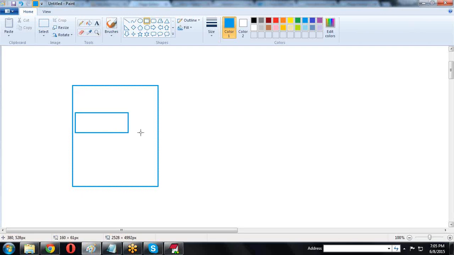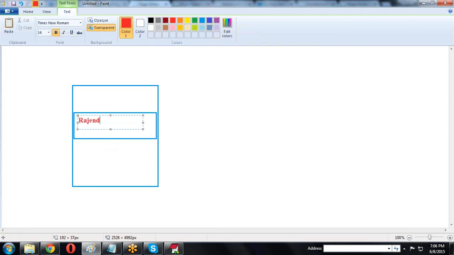In the page block, I want to display the name. The name is Rajendra Nath, and also salary, designation. Like this, I want to display some information.